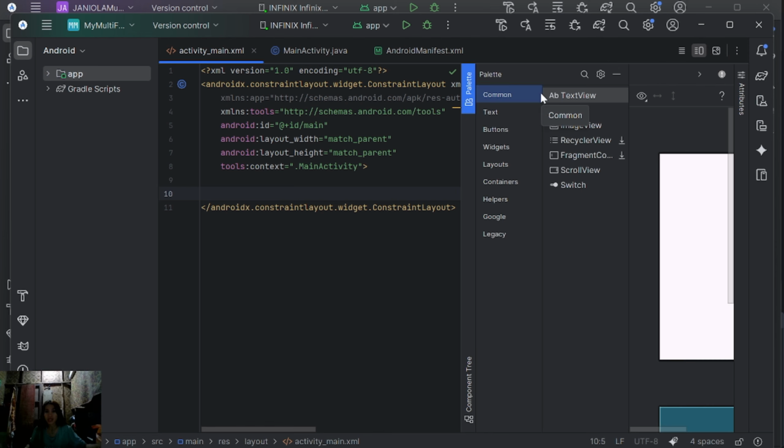As you can see, under the palette, we have the text view, the button, image view, recycler view, fragment container view, scroll view, switch. And of course, we have text, buttons, widgets, layouts, containers, and etc. Now let's drag a text view for our title.